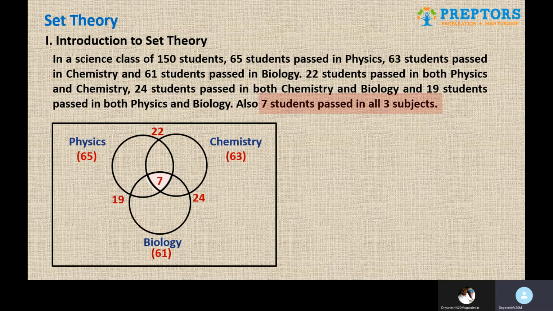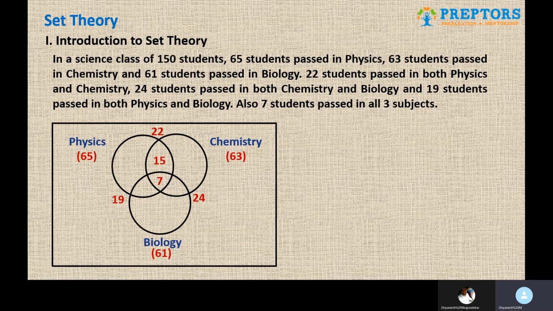The simple reason is, now that you know the intersection of all three, and if you observe, people passing in both physics and chemistry is 22, the entire part, out of which the bottom part is 7. Automatically only physics and chemistry becomes 22 minus 7, which is 15. Trust me, mind this in, remember this very carefully. That 22 minus 7 gives you 15, and the interpretation for that region is only physics and chemistry, or physics and chemistry but not biology. So be aware about all these scenarios, because this is where the mistakes happen.